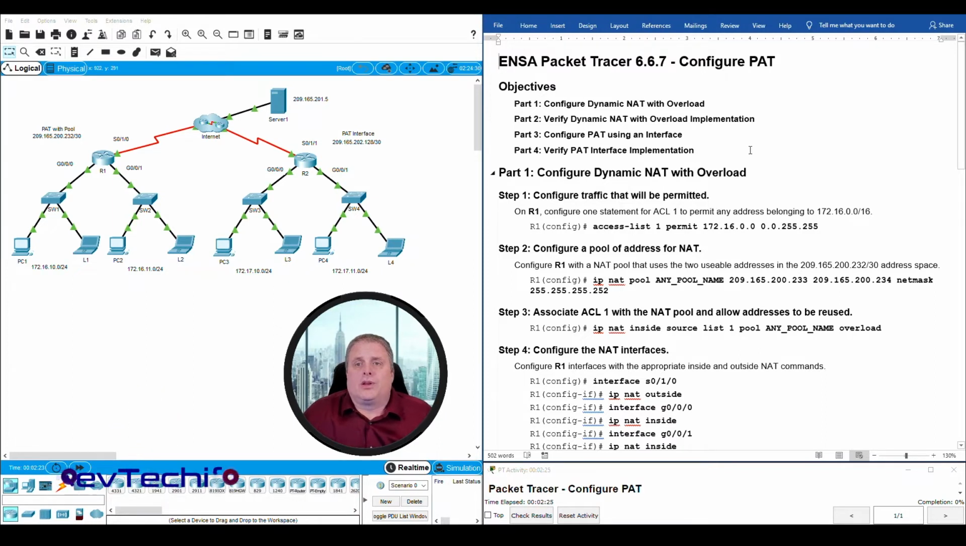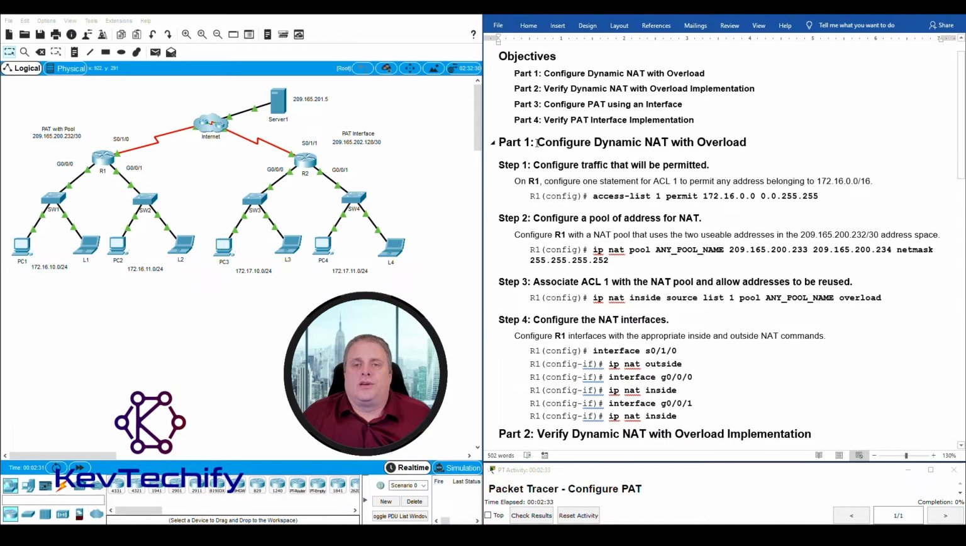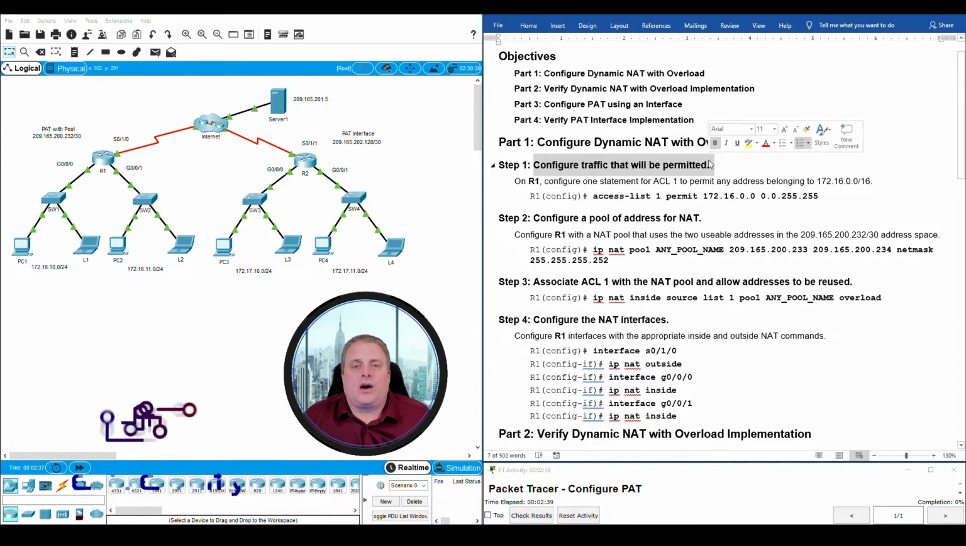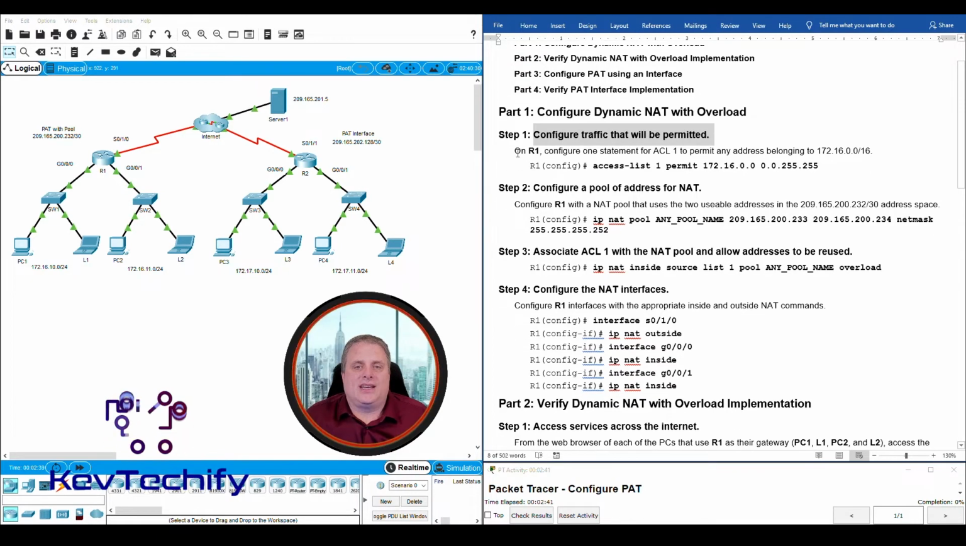What we're going to do is look at dynamic NAT with overload here. We're going to verify that and then configure PAT using an interface. Part 1, configure dynamic NAT with overload. So configure traffic that will be permitted. How we do that is with an ACL. On router 1, configure one statement for ACL 1 to permit any address belonging to the